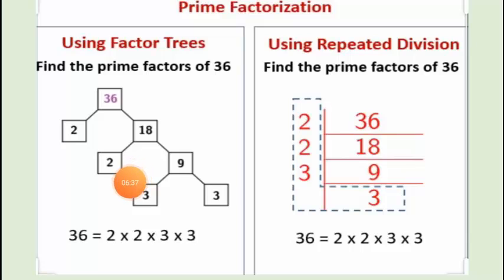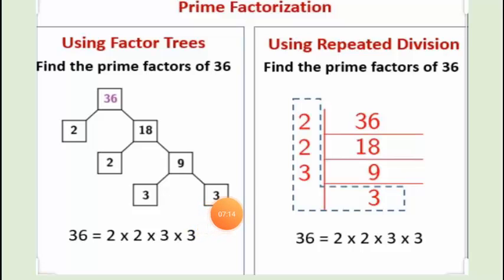So while doing so, you can see here if 2 is the first factor of 18, then the next factor of it will be 9. Now while doing this next step also, you can see here we have obtained one prime number, so that will remain as it is, whereas the number which is not a prime number, that factor we need to express in terms of prime numbers. So when we look to find the factor for this non-prime number, that is 9, it will be expressed like 3 multiplied with 3.